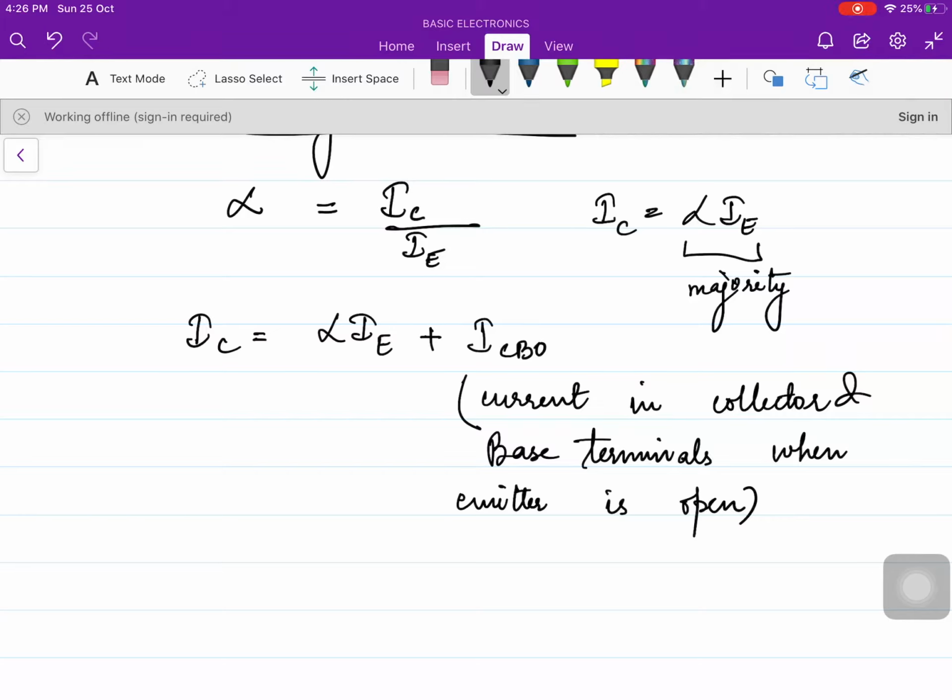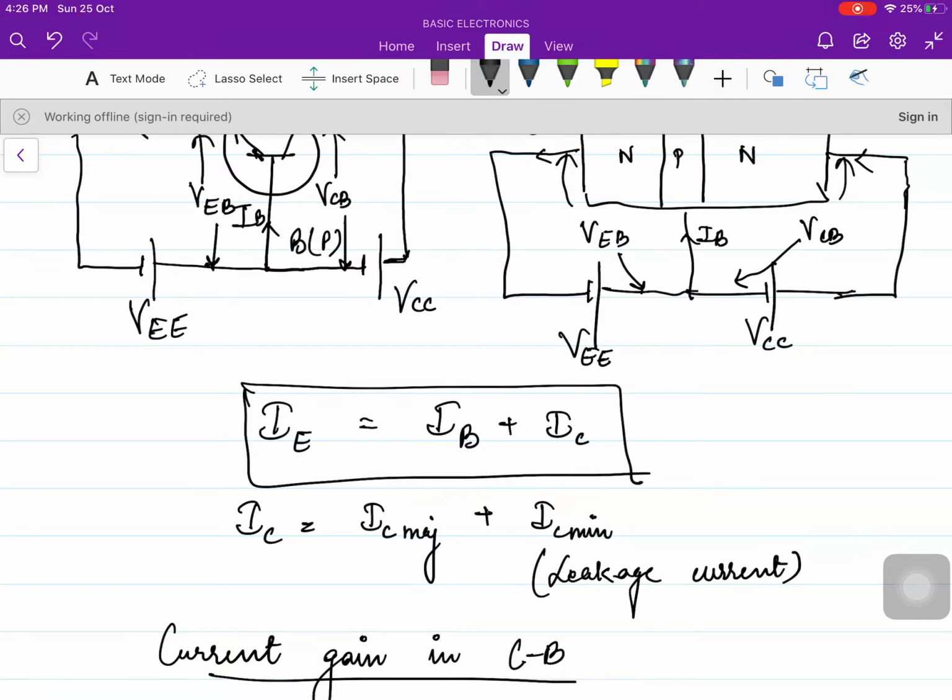Now, let's move on to the transistor current equation. I hope that from here you can easily conclude that IE will be always greater than IC, because IE is the sum of two currents. So therefore alpha will be always less than 1. But IB is very small, so it will be neglected. So IE is approximately equal to IC, but still IE will be greater than IC. So alpha will be less than 1, but not much less than 1. I'm sorry, approximately equal to 1. It will be less than 1, but approximately equal to 1.